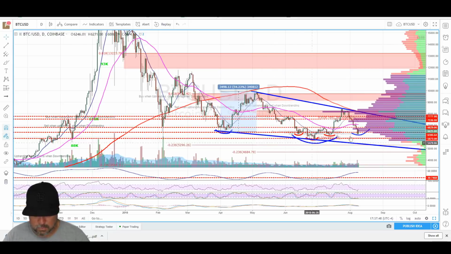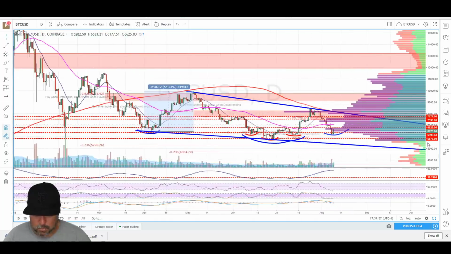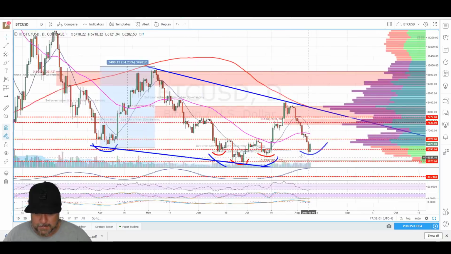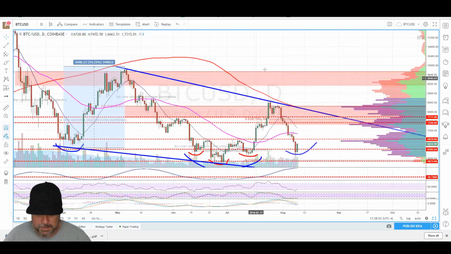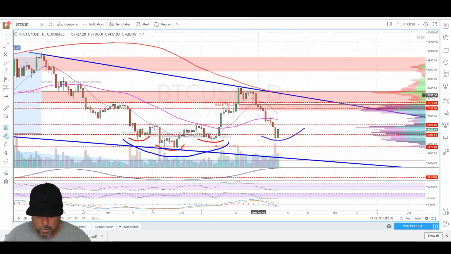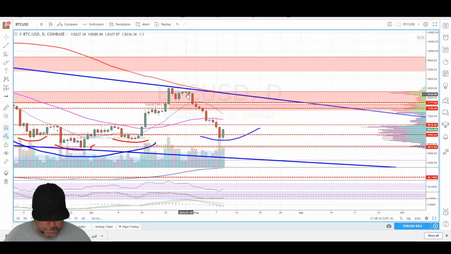Now you have this kind of weird symmetry, which isn't really that ideal, but it could still pan out, and we come back up here. What I wanted to look at though real quick for you guys is essentially what we're looking at here. Now, this move down here is where it's getting a little tricky, because if you look at when we were up here and we look at this bar here,